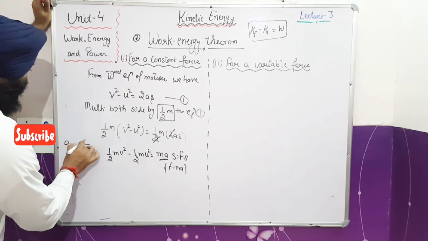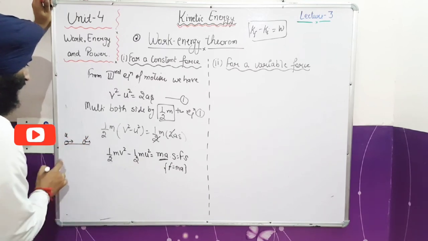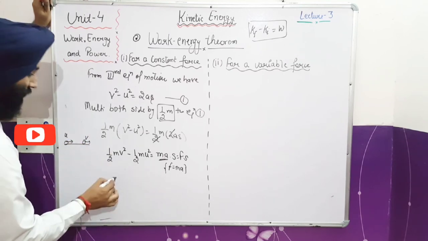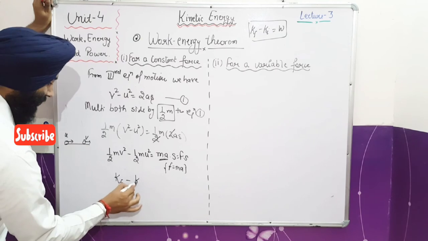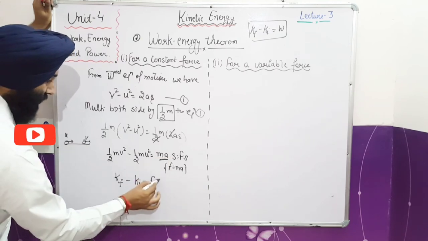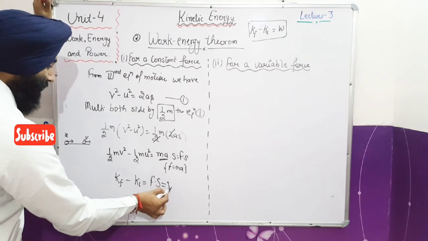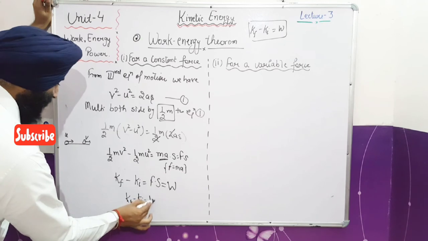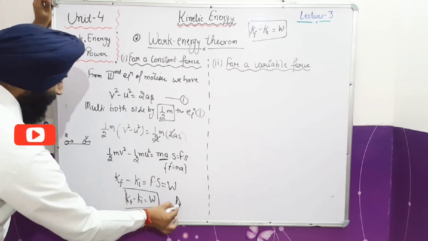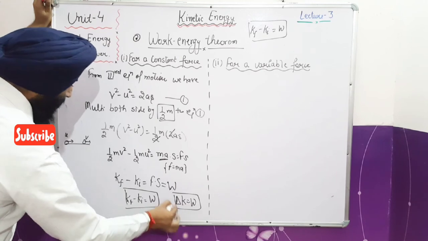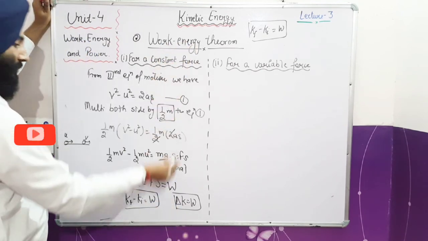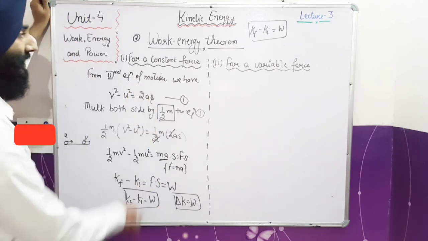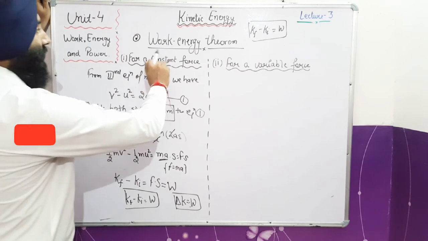You know that if we have a body having initial velocity u and final velocity v, the initial kinetic energy was half mu square and the final kinetic energy was half mv square. So this is the final kinetic energy, this is the initial kinetic energy, and here we have force into displacement, which is nothing but the work done. So final kinetic energy minus initial kinetic energy is only the work done. It means the change in kinetic energy is simply the work done. So the work energy theorem tells us that the change in kinetic energy is simply the work done. This is the simple analytical method from which I calculated the work energy theorem.